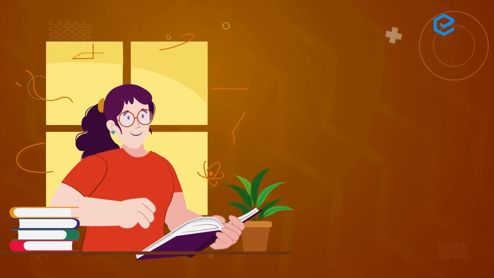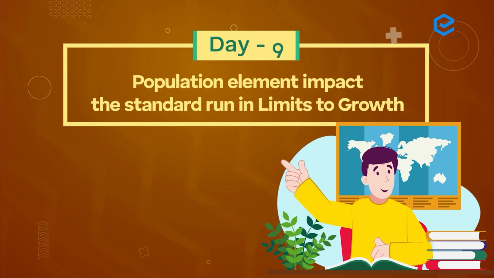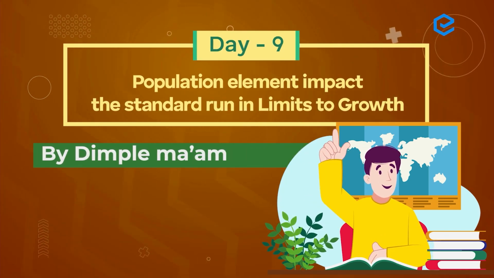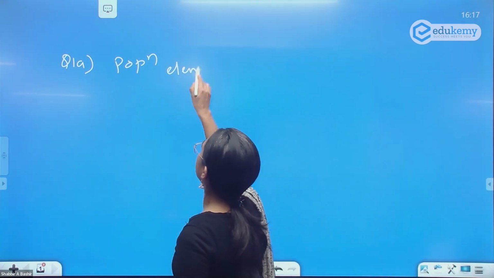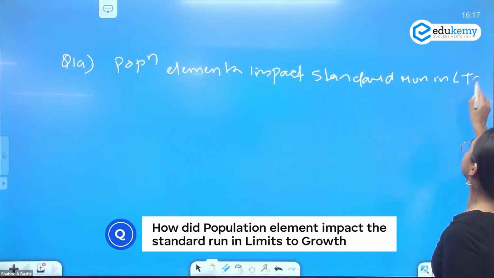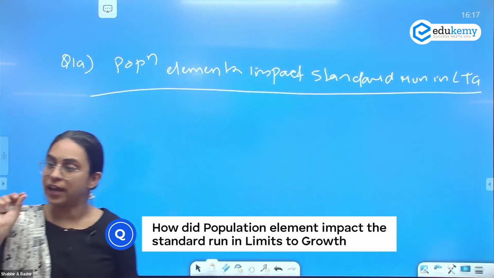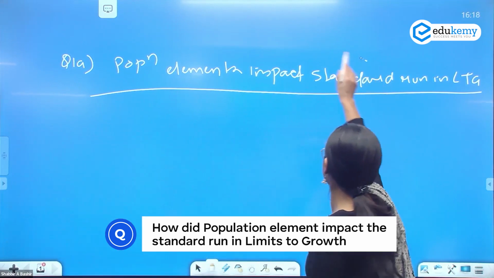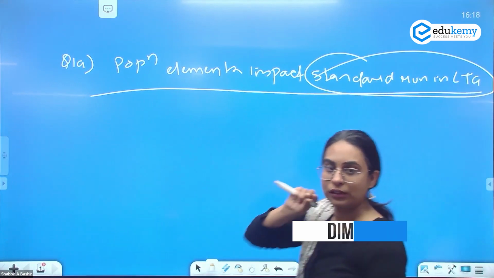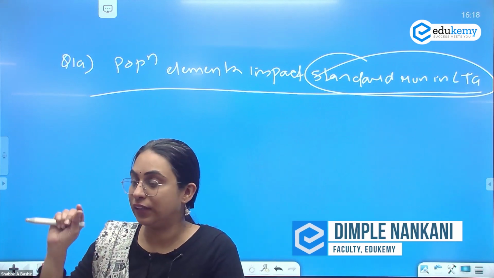The discussion is, how did population elements impact the standard run scenario in Limits to Growth? How did population elements impact the standard run in Limits to Growth? So, इसमें specifically पूछ रहा है Limits to Growth का standard run. If you have gone through the standard textbook, you would know that in Limits to Growth, there were 7 standard